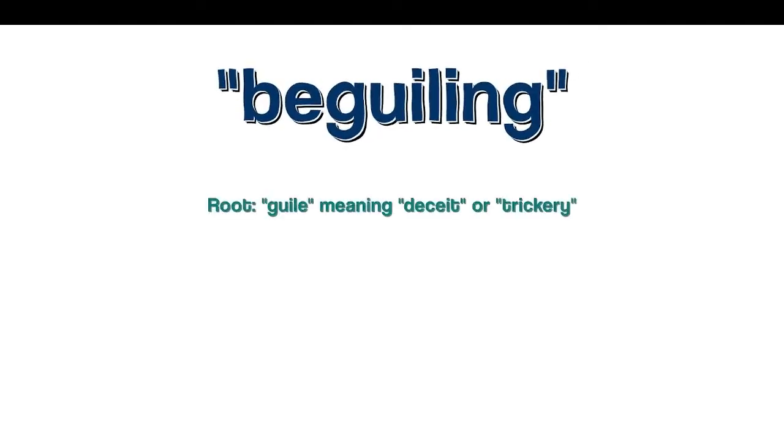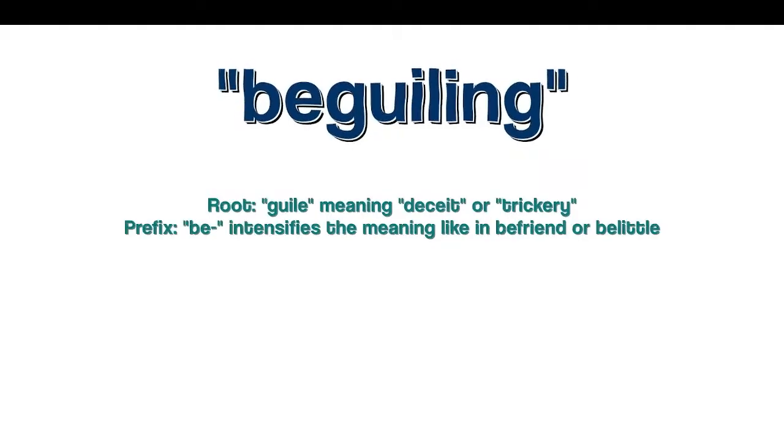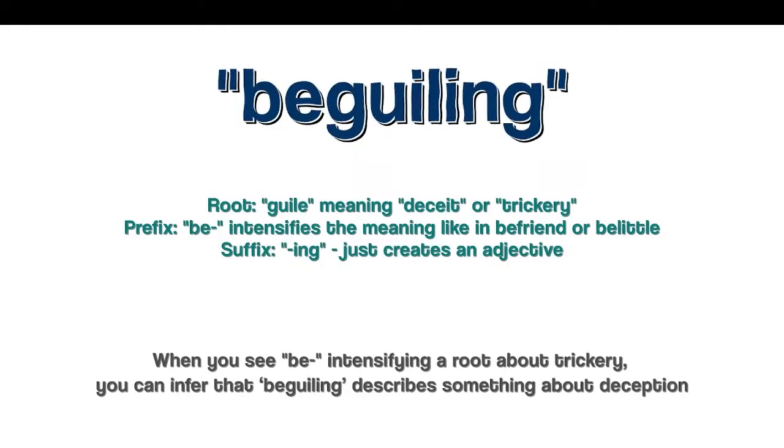It has the root guile, which means deceit or trickery. The prefix be intensifies the meaning, like you'd see in befriend or belittle, and the suffix ing just makes this word into an adjective. So how do you infer the meaning of this word? When you see be intensifying a root about trickery, you can infer that beguiling describes something about deception, and this